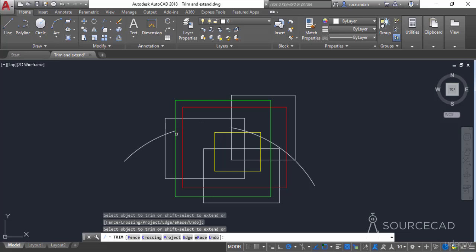Now let's click on this part, and let's click on this part. Now if you click on this part, it won't be trimmed because there is no boundary after that. So we have this one as the last boundary. After that, we don't have any boundary. Now let's click on this part here,